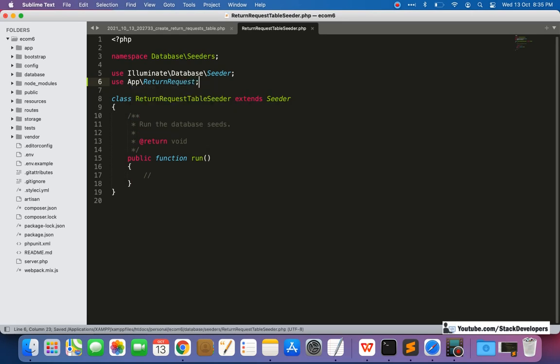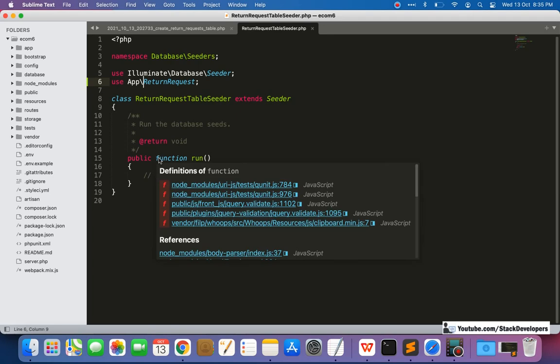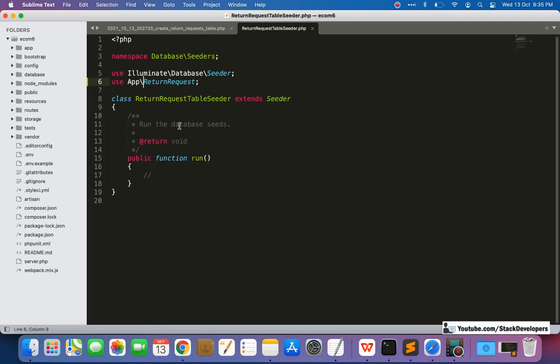Okay, return request. Now again I want to tell you one thing: we have not added models here because we have upgraded this project from Laravel 6 to Laravel 7, then to Laravel 8, and whenever we upgrade the project, the models remain where they are located. Whenever we install a new project in Laravel 8, there will be a models folder, but otherwise the models folder never comes into existence if we upgrade the project. So you need to find out where your models are located.